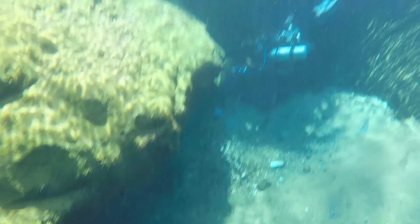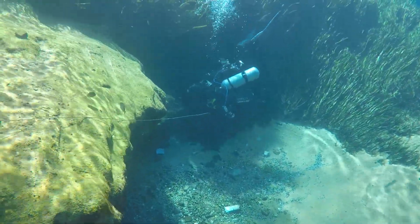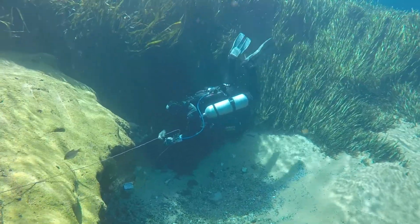All right, this is an overview of the cave diving DPV course. Here I am putting in the primary reel. I've already scooted down to it. The scooter is clipped off and in the off position. And of course,